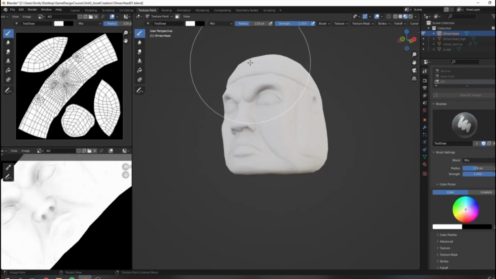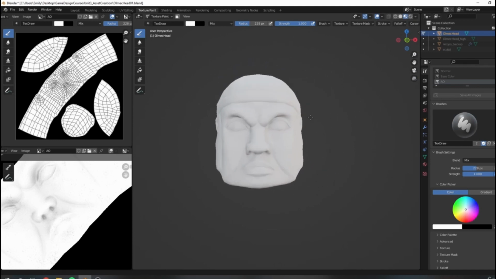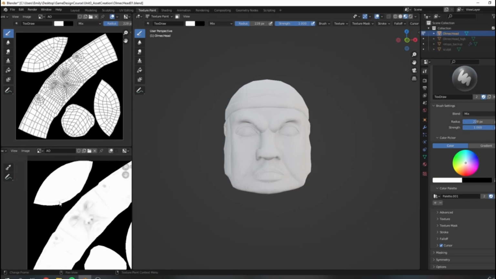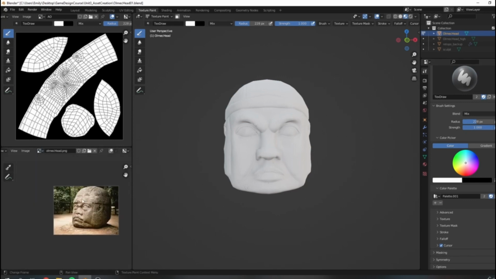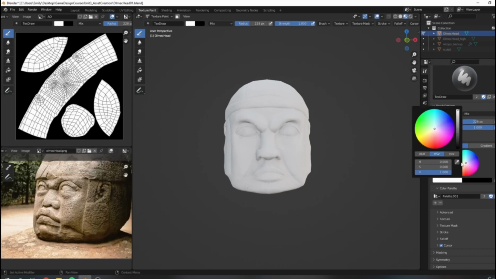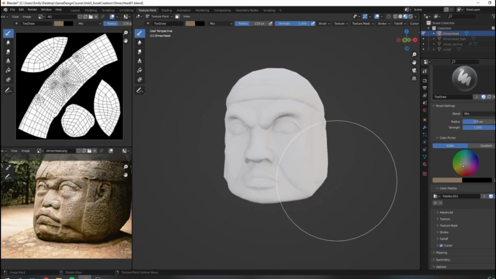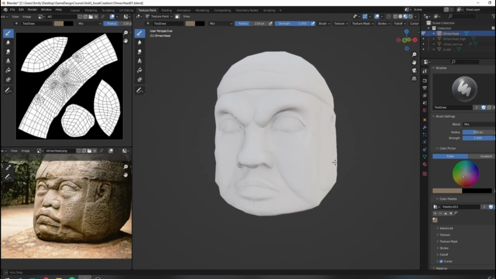Okay, let's return to the texture paint tab. And we are just going to start painting. I'm going to create a new palette just like I did before. Oops. I'm just going to delete that. I accidentally added white to my palette instead of first selecting my color. So I'm going to click my color and select something sort of in the mid-range here. Nothing too highlighted, nothing too in shadow as my basis. So it's this sort of beige-ish brown. We can add it to our palette, and